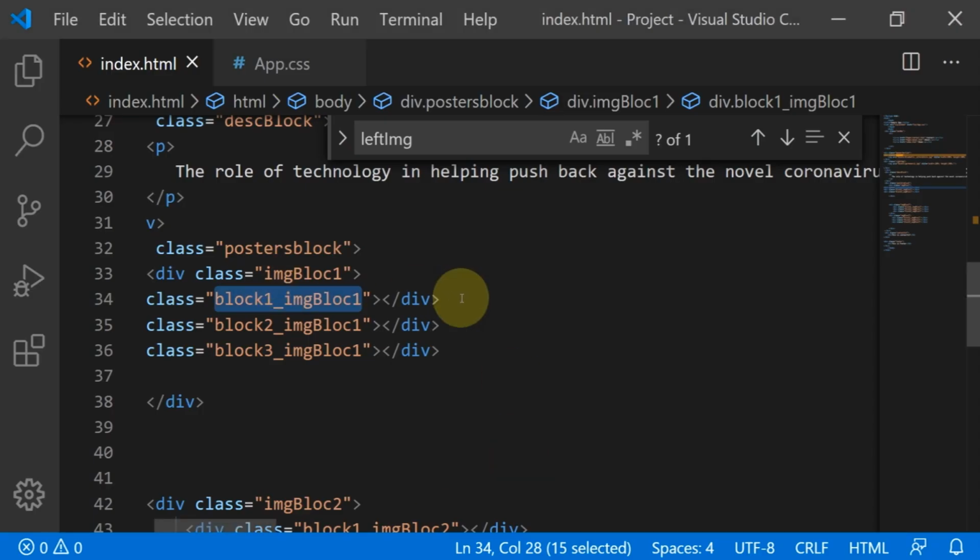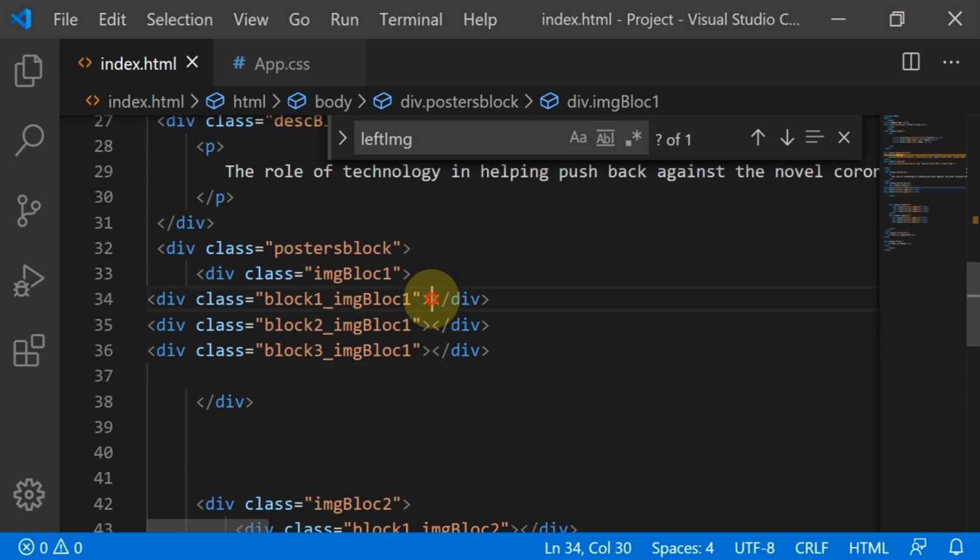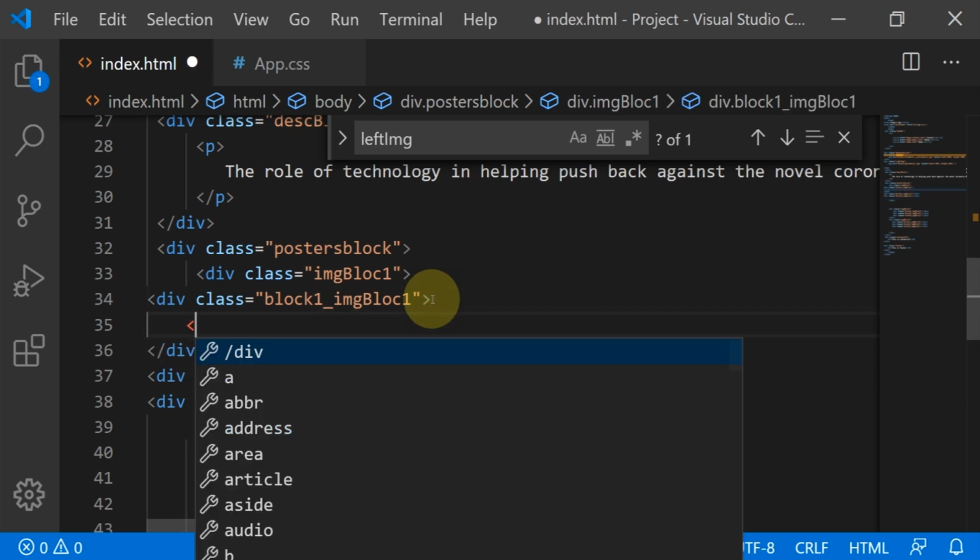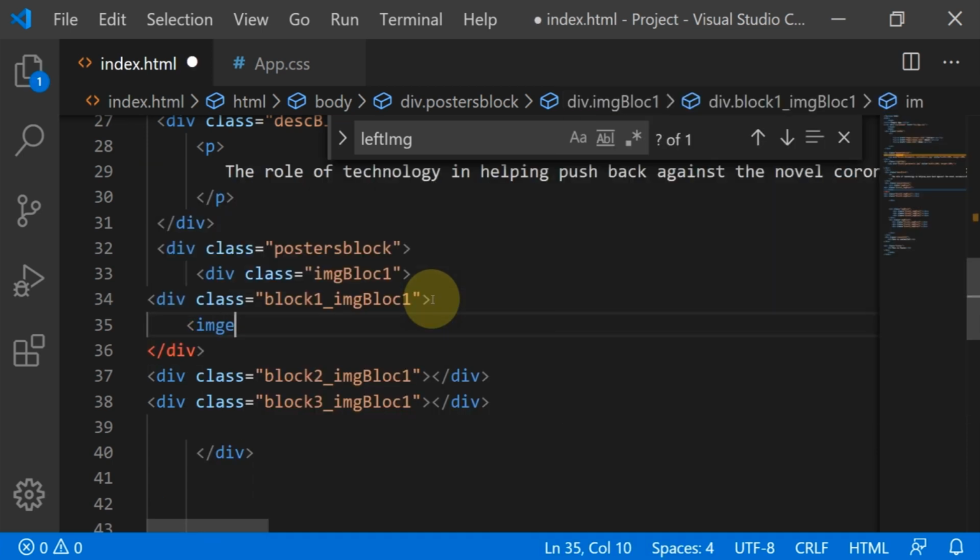Posters block is the main container, and the first vertical division is image block 1, then these three are for image tags. So for that, let's implement images, img. And this is a self closing tag, so this is not a pair tag. So src in assets